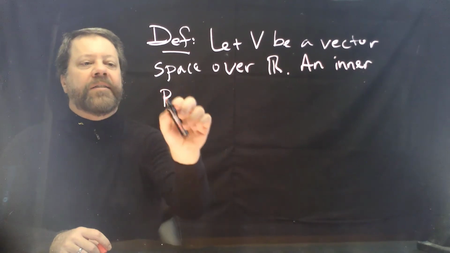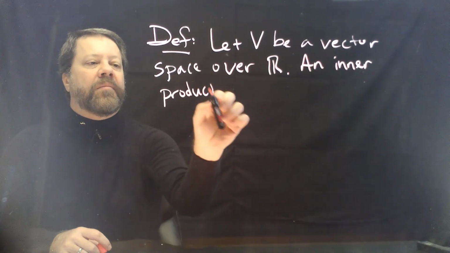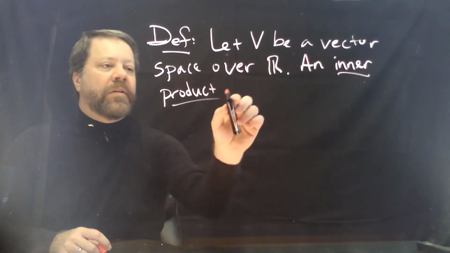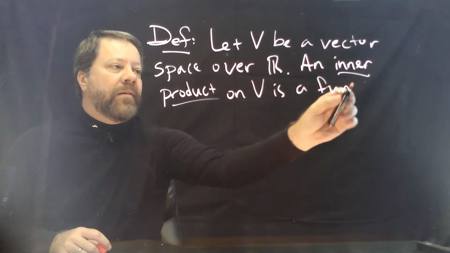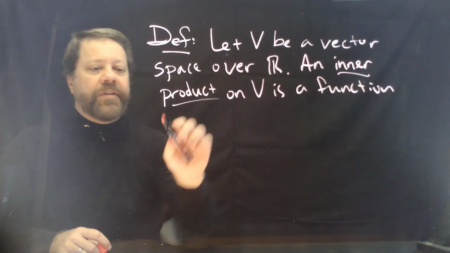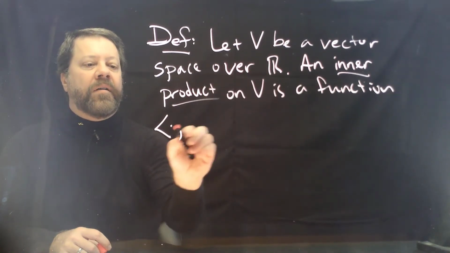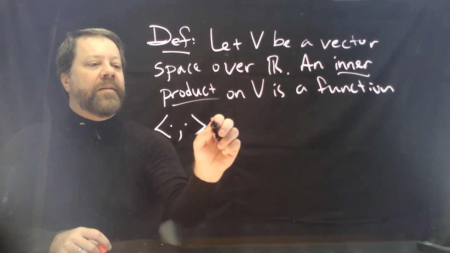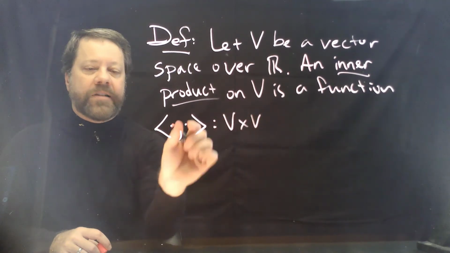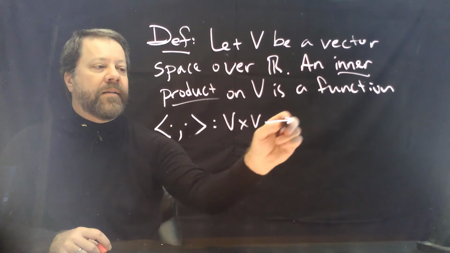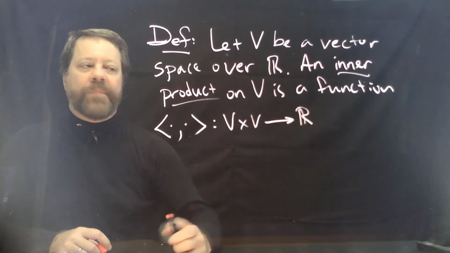An inner product on V is a function. It has two input slots. It maps V cross V, so it takes vectors and plugs them into these two spots and outputs a real number